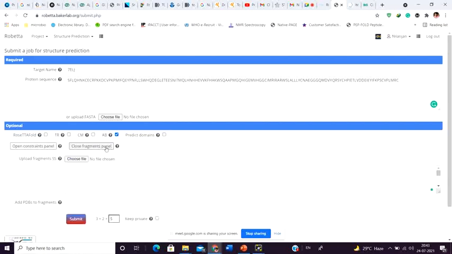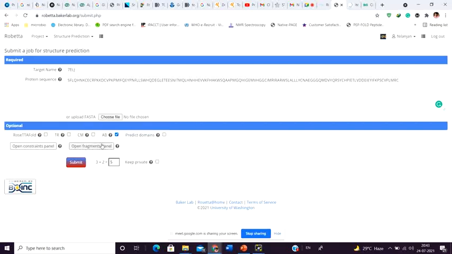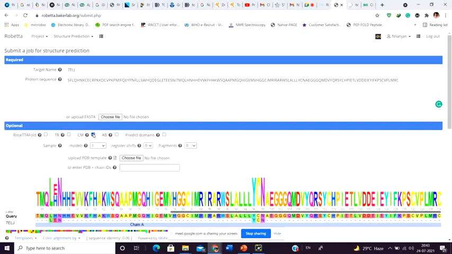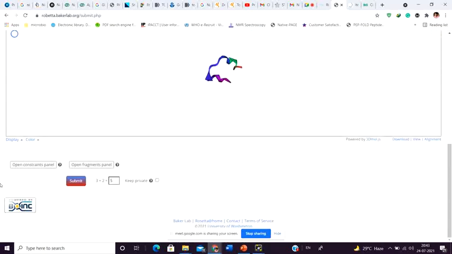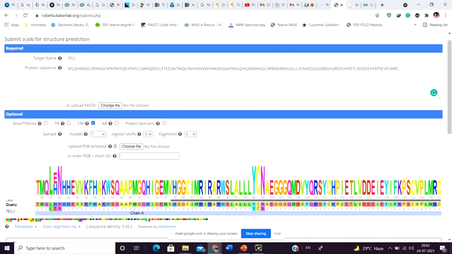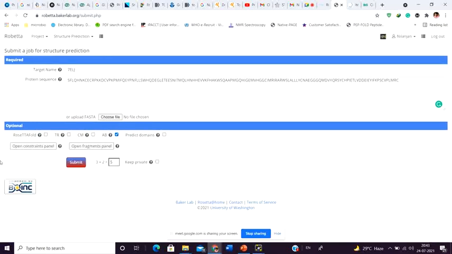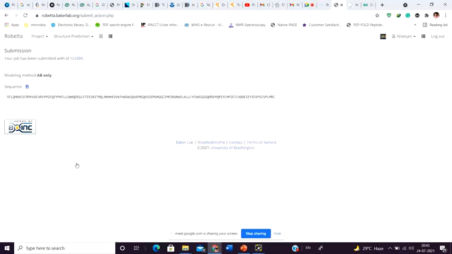Clear? Okay. So after it is done, this part is again there for the CM method also, the ab initio method also. So once this particular thing is done, all you have to do is simply solve this 3+2 thing, and then simply click on submit. Once you click on submit, it's going to upload it into that particular server. Once it is uploaded, it's going to take some time, and it depends upon the server load and the length of your protein, and they're going to send you a mail saying that your job is done, with a link. Once you click on the link, you're going to come to that particular page.